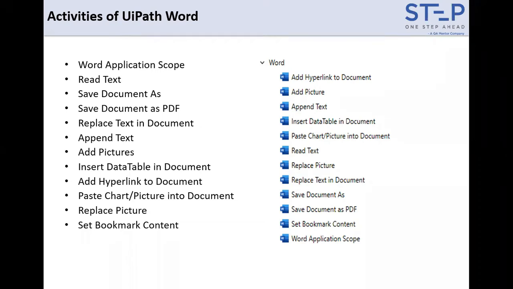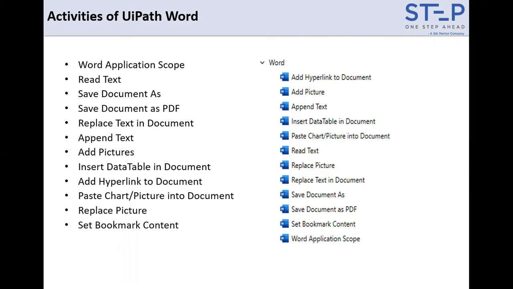We can save the document as PDF. Then Replace Text, if we have to replace some text in the present document. Append Text: the same way we append some text to a file, we can append the text in the Word document.